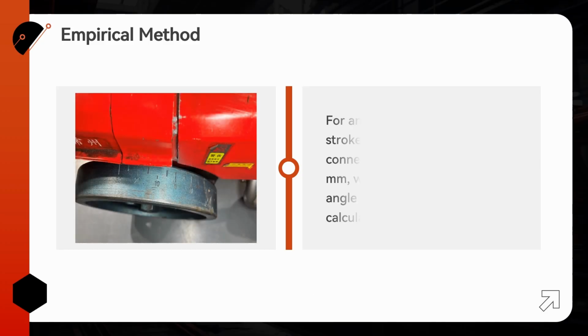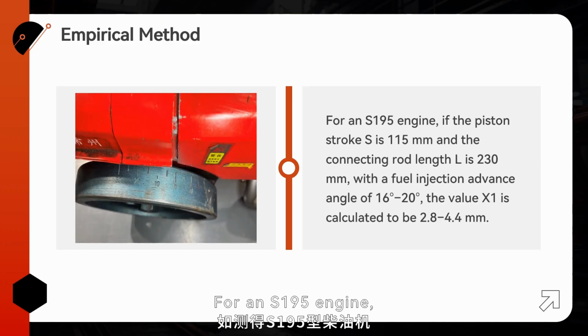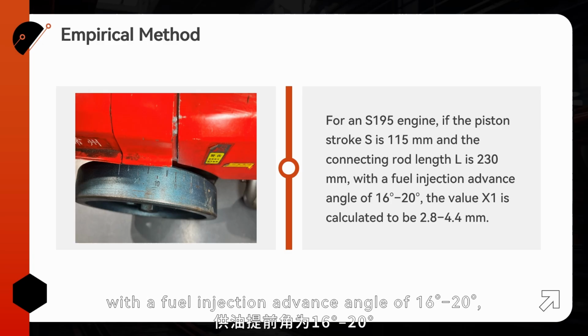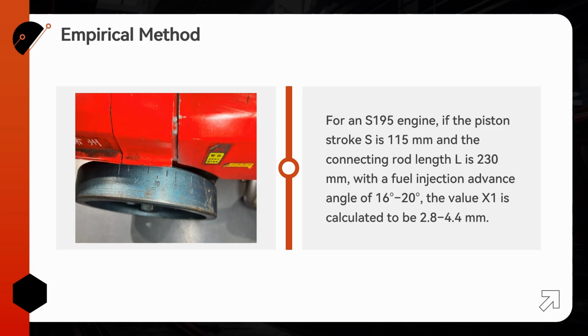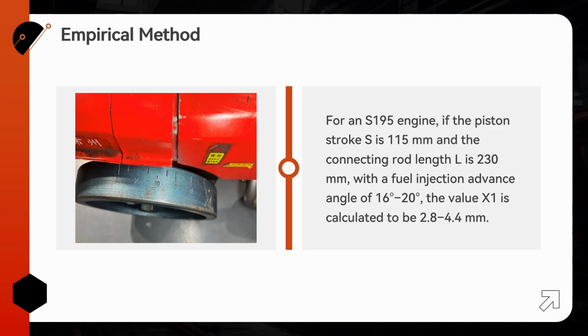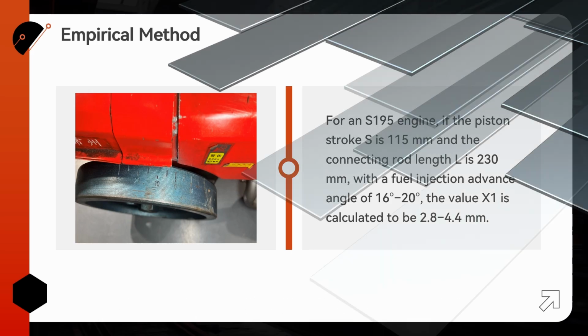Empirical method. For an S195 engine, if the piston stroke S is 115 mm and the connecting rod length L is 230 mm, with a fuel injection advance angle of 16 to 20 degrees, the value X1 is calculated to be 2.8 to 4.4 mm. To verify,